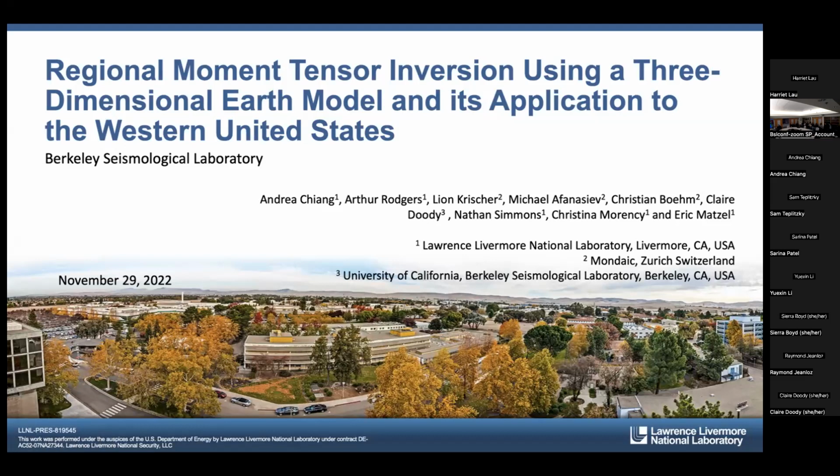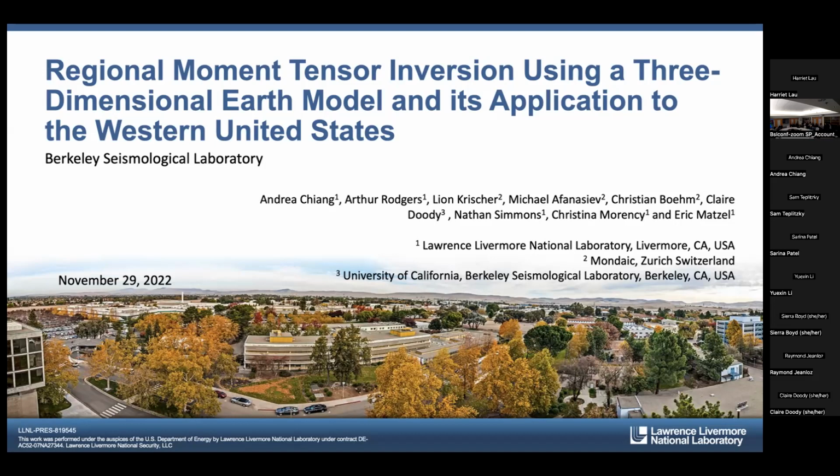So I kind of came full circle, because in my exit seminar 7 years ago, in one of the last chapters of my dissertation, I talked about 3D moment tensor inversions, and one of the conclusions and path forward was that it would be nice if we could do inversions with adjoint full waveform tomography models. And here I am 7 years later, and we finally have some results from using a new model that we developed,